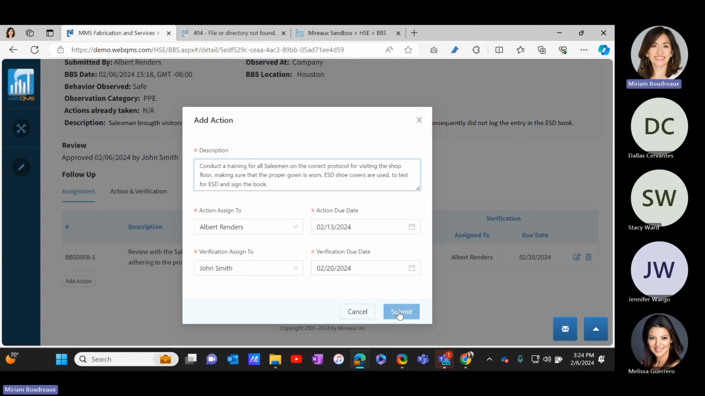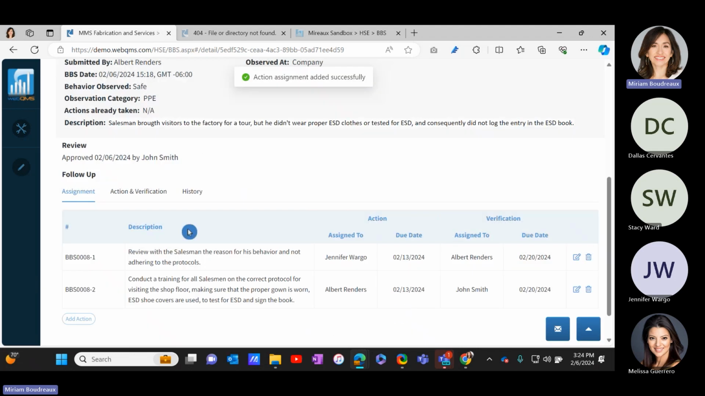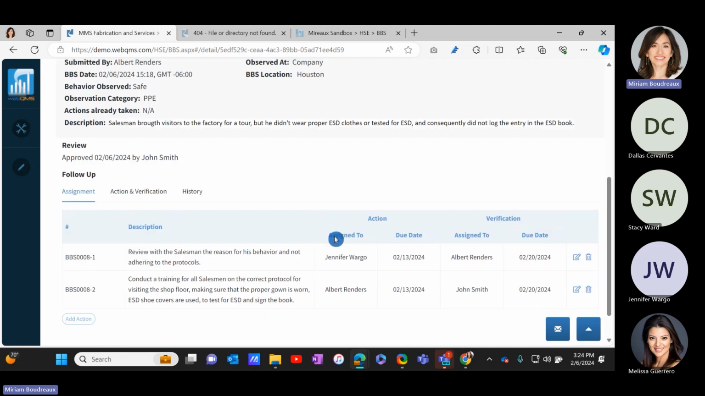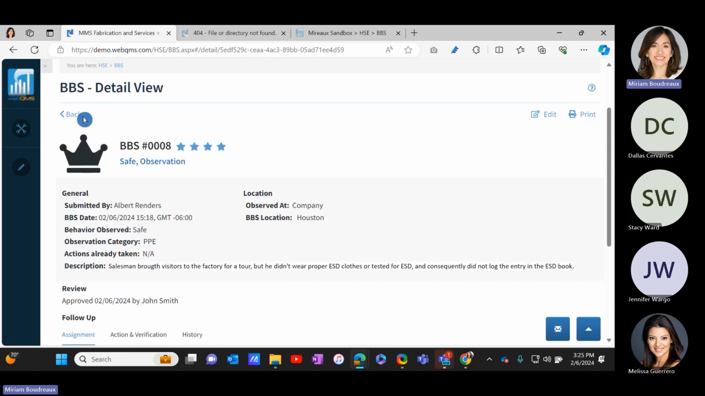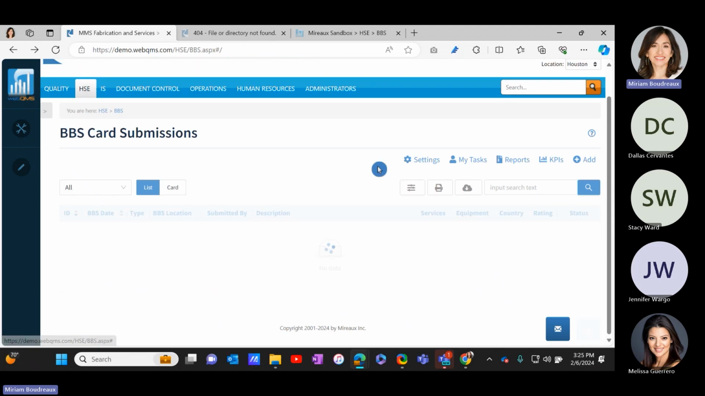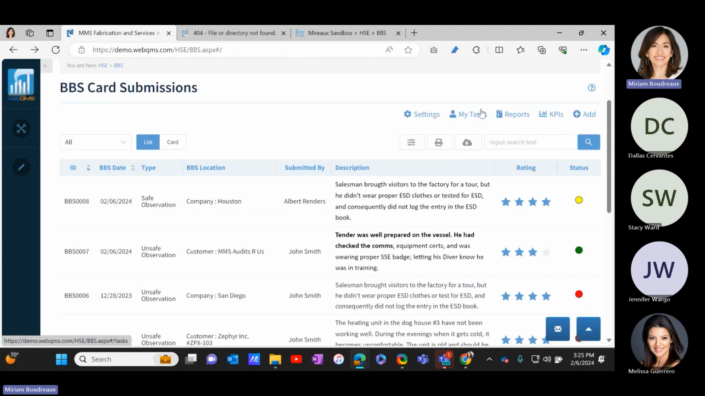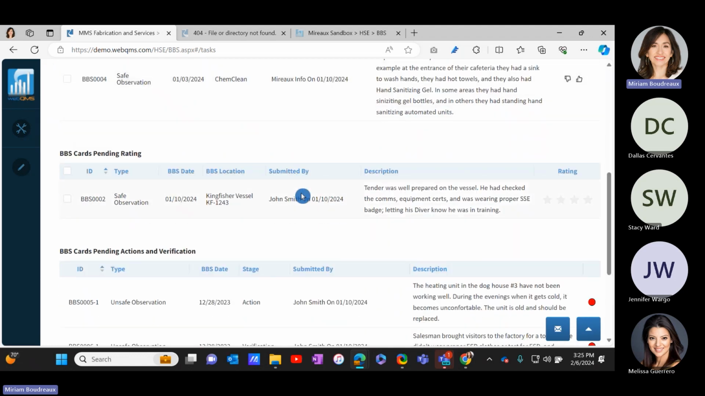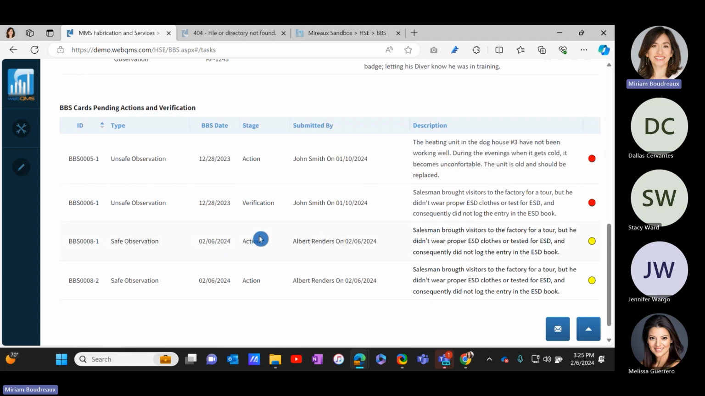Okay, and then I'm going to submit. All right, so now we have this BBS with 2 actions to follow up. If I go and look at my task, I was assigned an action, so I will see somewhere here, BBS cards pending action and verification, that I have this action for me to